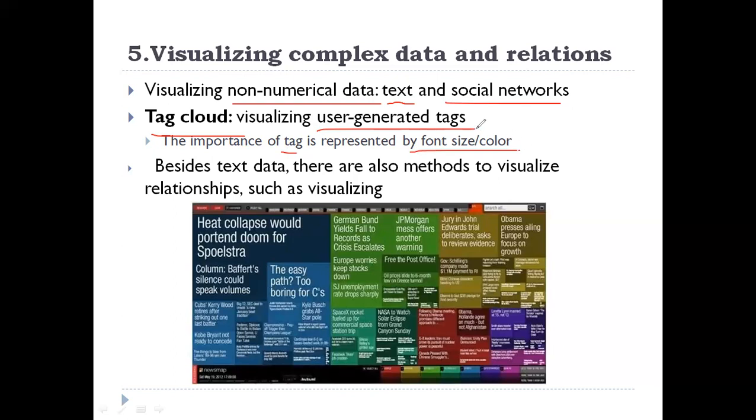Which tag has a very high font size, automatically that is the highest preferred one. Instead of showing numbers, you can represent it like this also, by using a heavy font size and some colors.